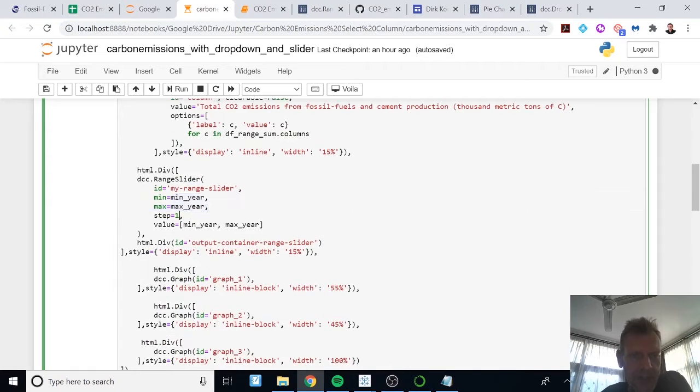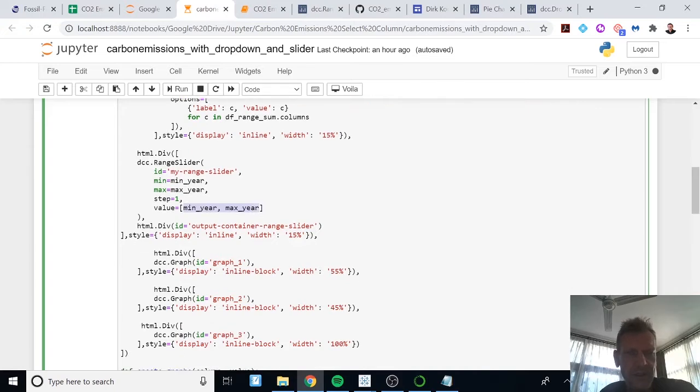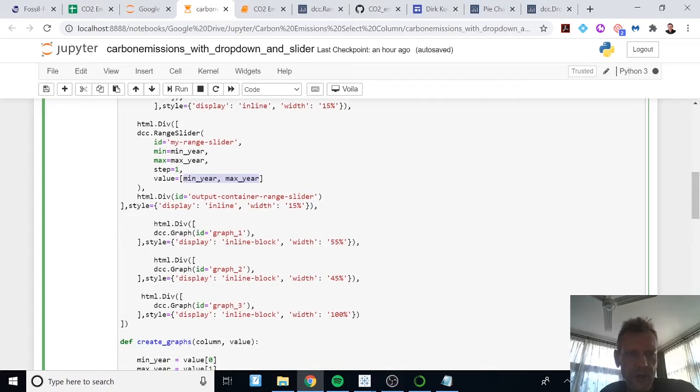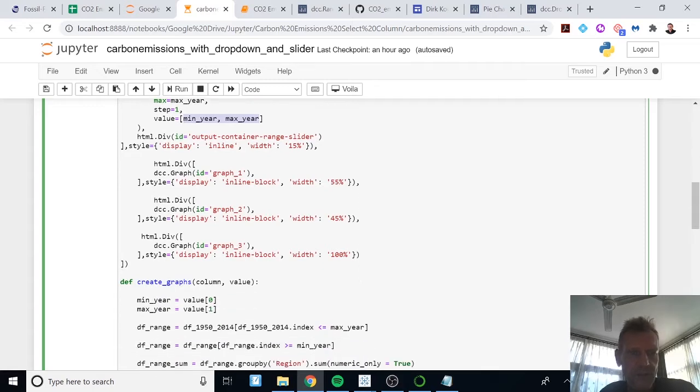Step is 1, that means that it's going to jump from one year to the next year, no intermediate values, and these are the starting values. So indeed I said let them be 1950 to 2014 there. You can also hard type it in there, but I didn't do that. I based it on the variables. Now then you've got